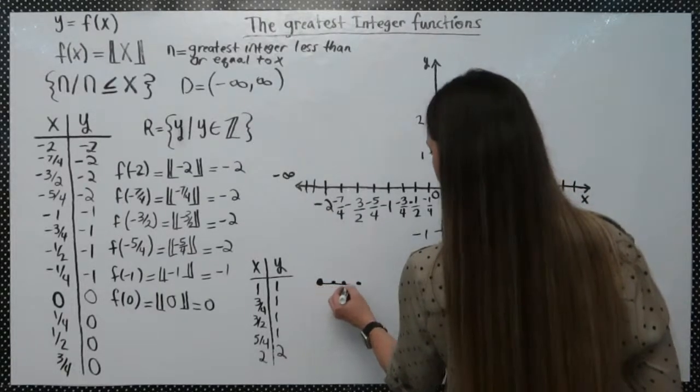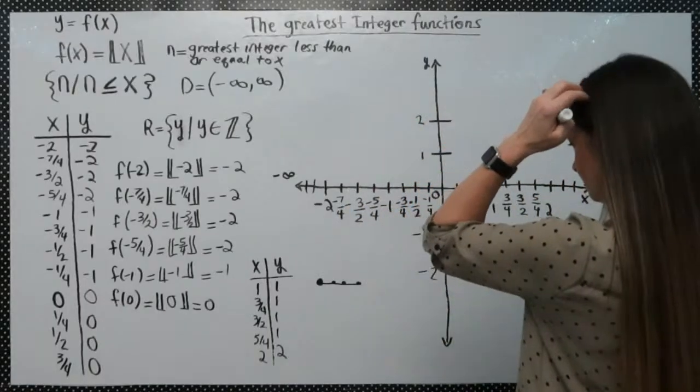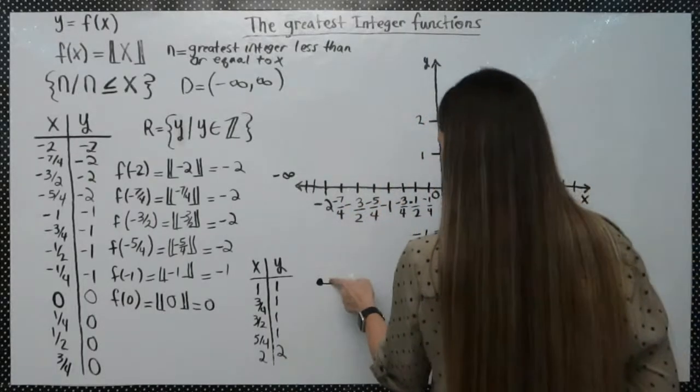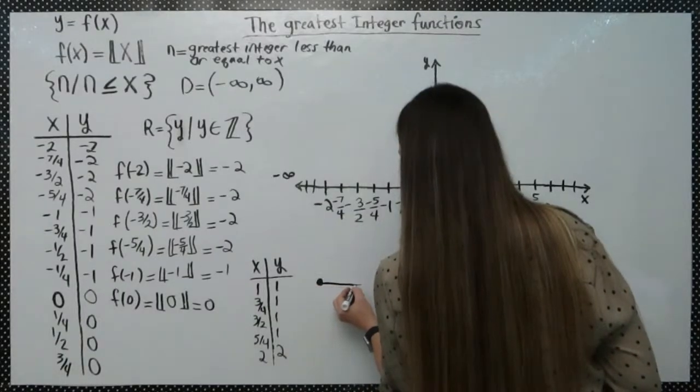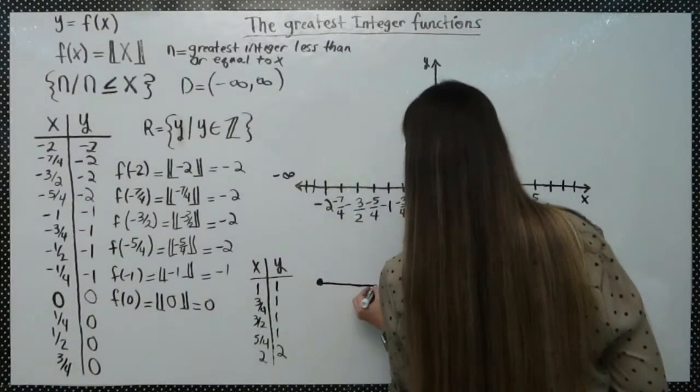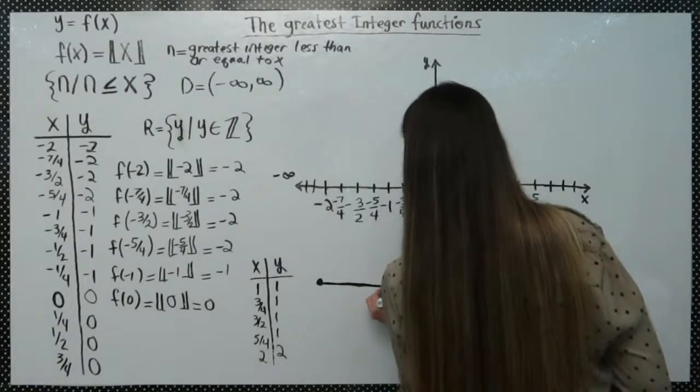So all these values are on this graph all the way till you get to -1. And at -1, you're going to have an open circle,